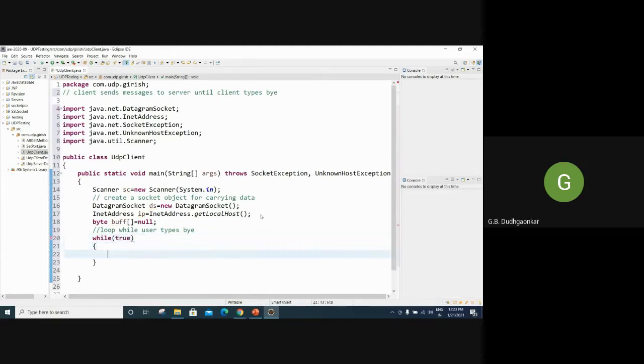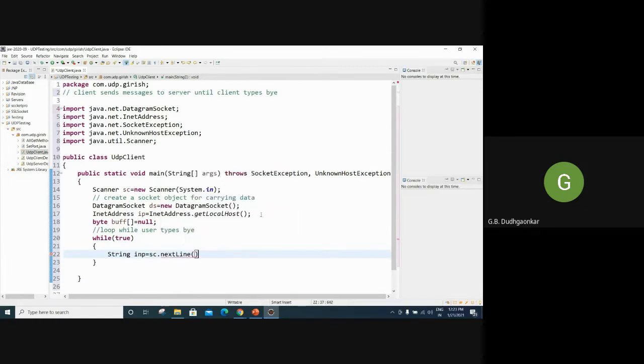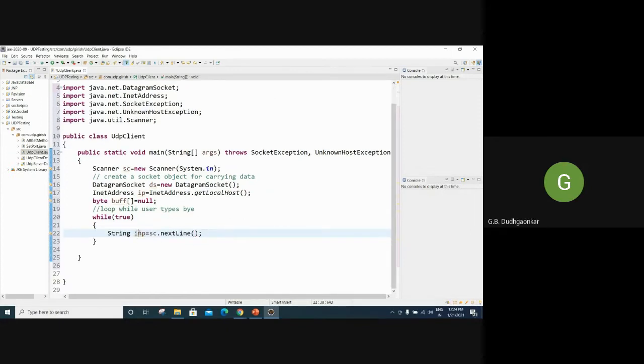Then in that you have to take one String, anything you can name it. Then we can use the scanner object along with nextLine, so that the user can type a message that will be stored in the inp variable of string type. Okay, so now here the user will type the whole line.